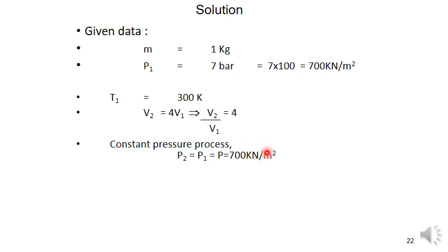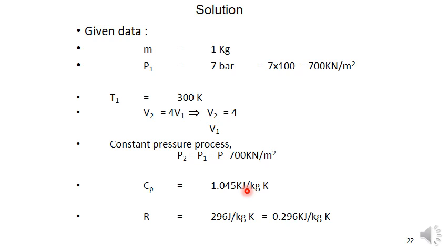So 700 kilonewton per meter square. Cp value is 1.045 kilojoule per kg Kelvin. Observe that they have given the R value in joule and the Cp value in kilojoule, so we have to convert the joule into kilo. By simply dividing with 1000, we will get the kilojoule. So 0.296 kilojoule per kg Kelvin. You have to observe this very carefully,